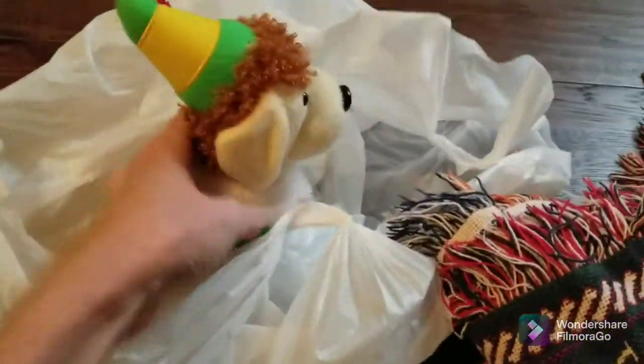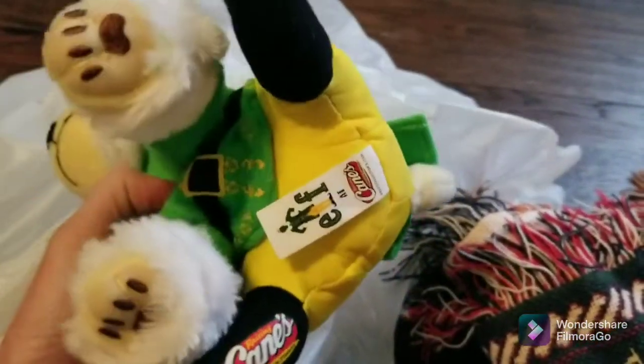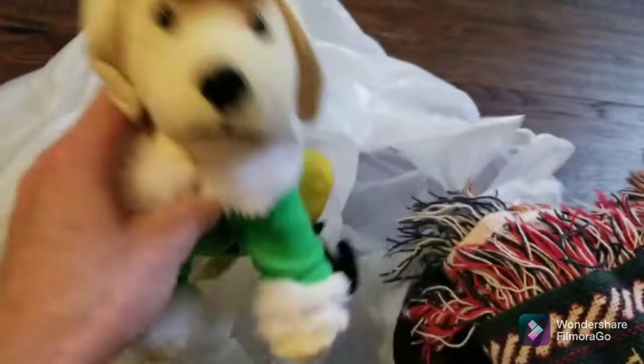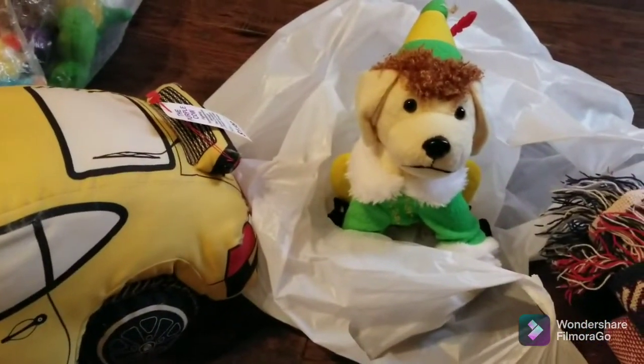And then of course, I love Kane's plushies. So this is another Kane's plush. Buddy the Elf, Christmas is coming up. This should do pretty well. So that's it for the first stop, and now I'm going to show footage that I actually got of the